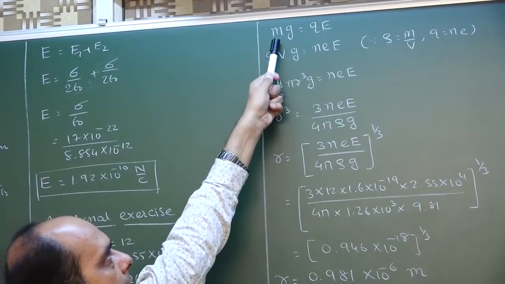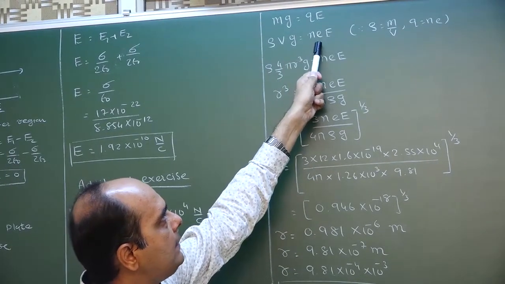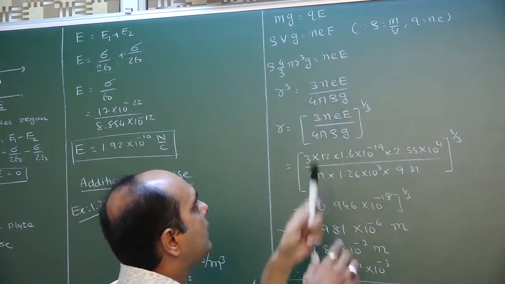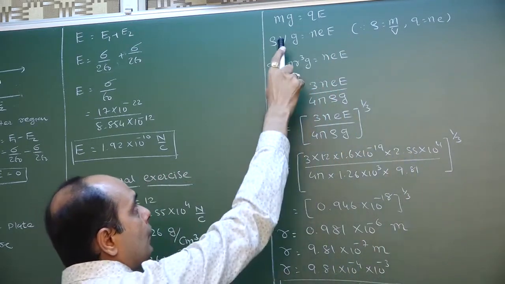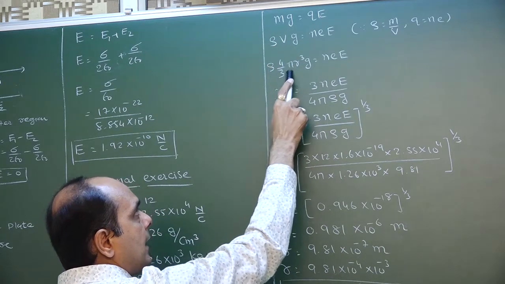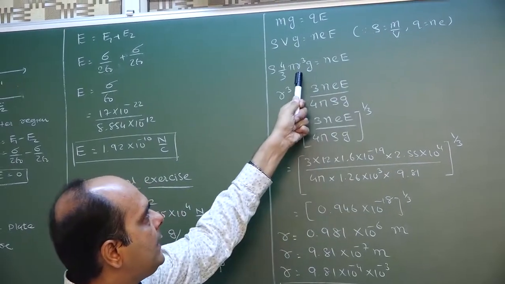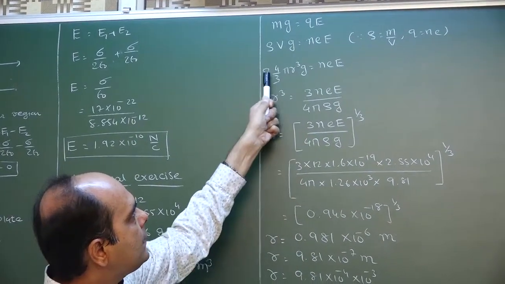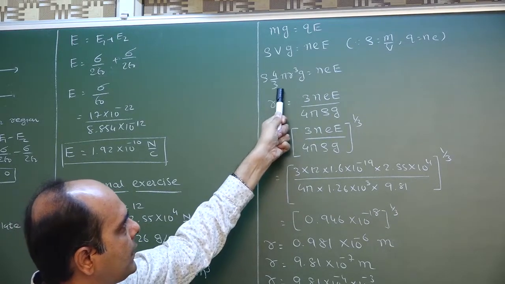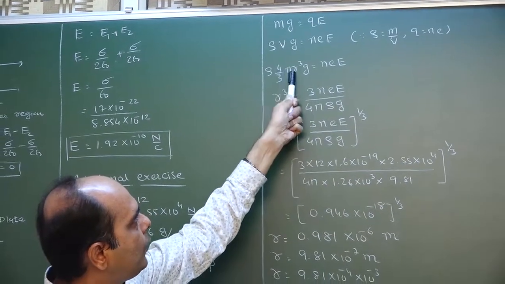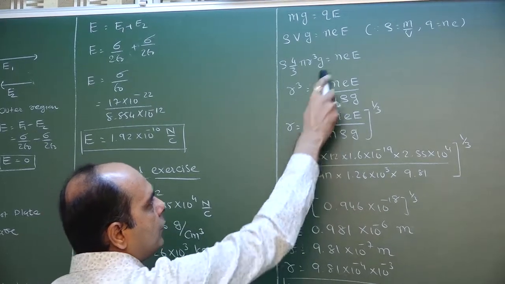Now the next step, students. Mass can be replaced by density into volume, and charge Q is Ne, with capital E the electric field. The volume of the oil drop is 4/3 π r cubed. So we have rho, g as it is, and NeE. Now we make r cubed the subject. All the other quantities go into division. So r cubed is equal to 3NeE divided by 4π rho g. This is the answer for r cubed.